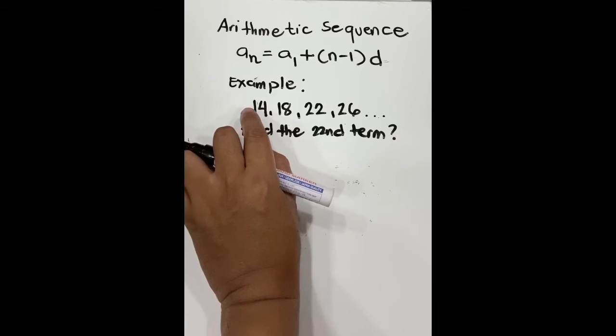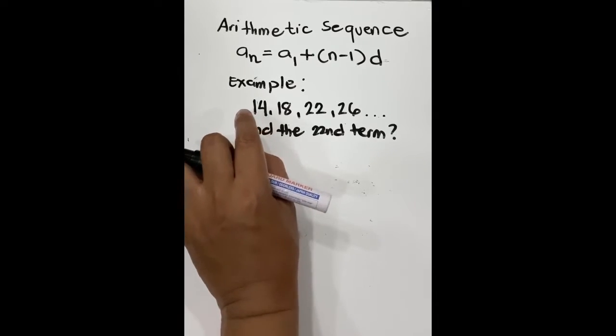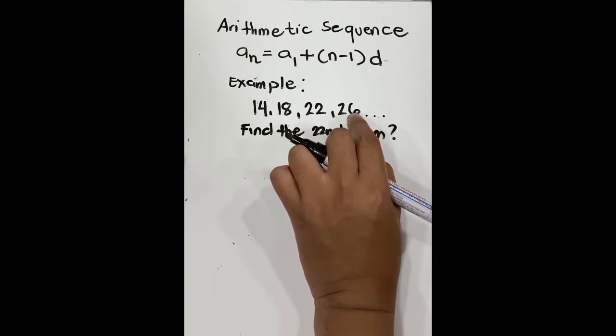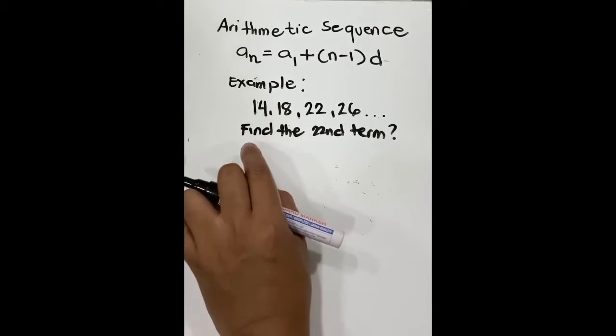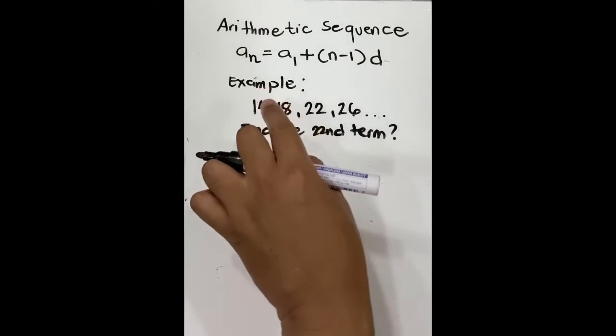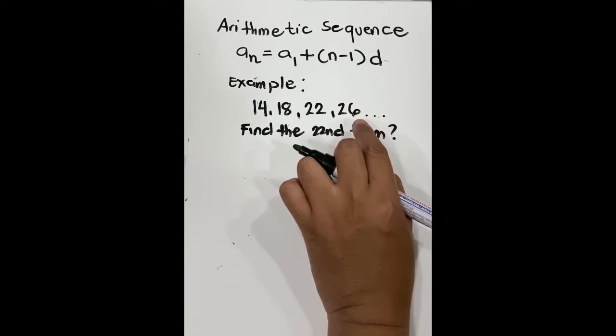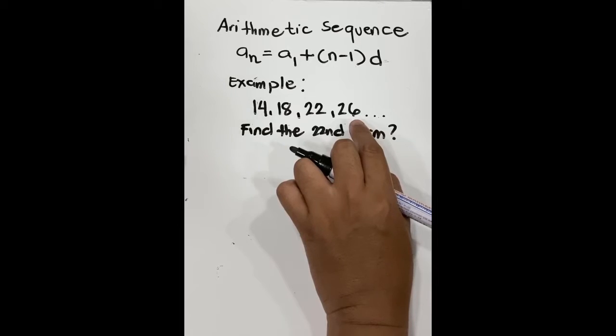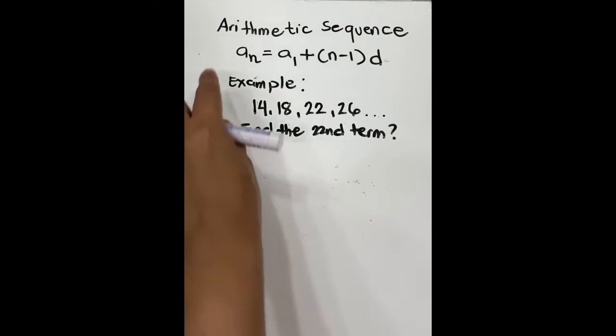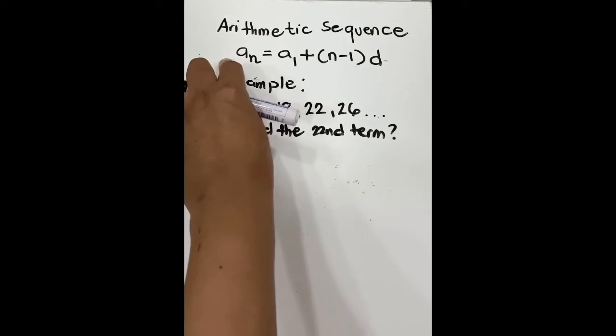So in our example, we only have 4 terms. So paano yun, sir? So pwede naman nating ilista, isulat yung mga susunod na terms, pero matrabaho at time-consuming ang proseso na yon. So instead, ang gagawin natin para maiwasan natin yon, we will be using our formula, which is